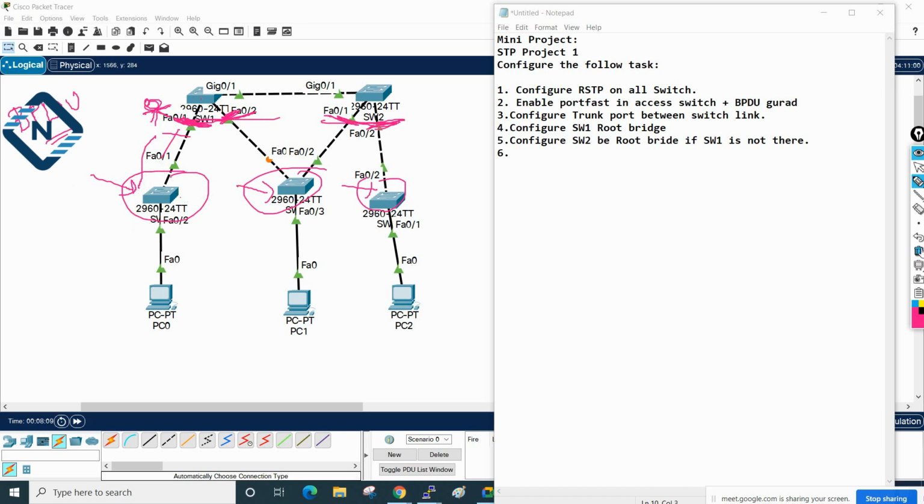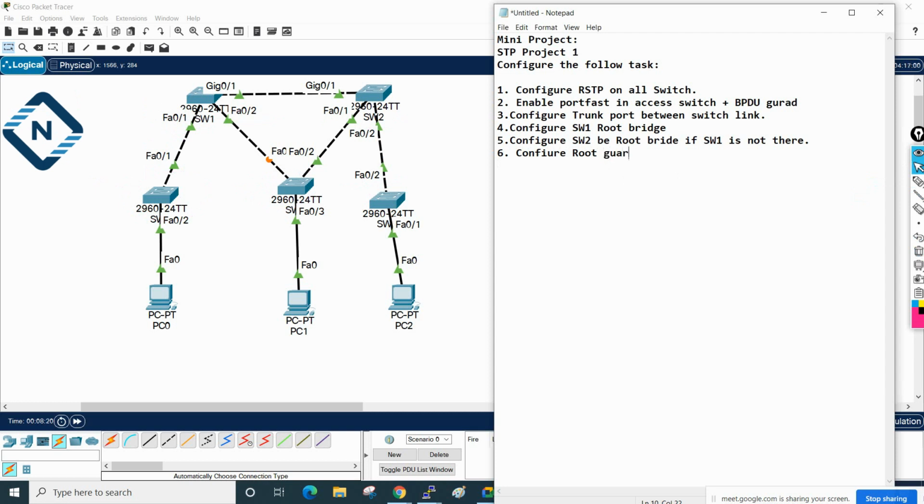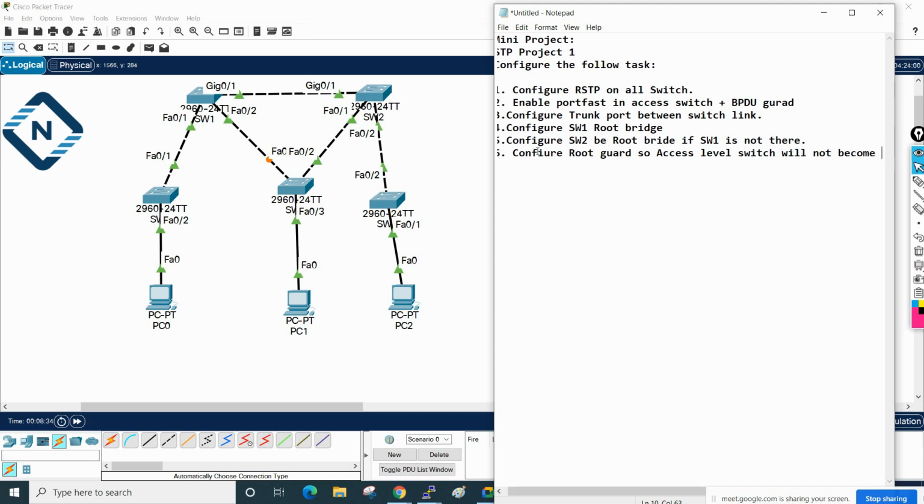So what we will write here, we will write in the question here, I will write like this. Let me write in the configure, we can say anything, configure root guard. So access level switch will not become king switch or root bridge.